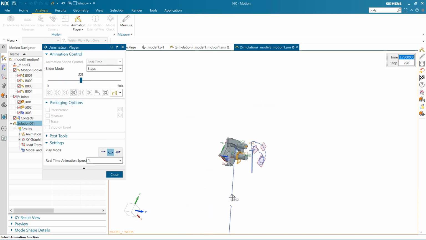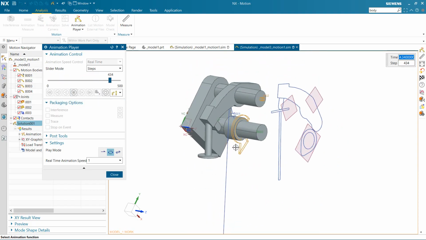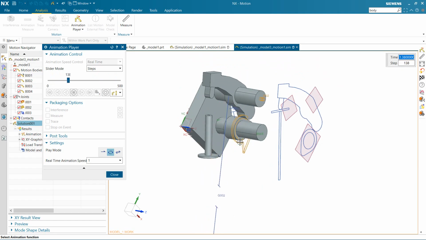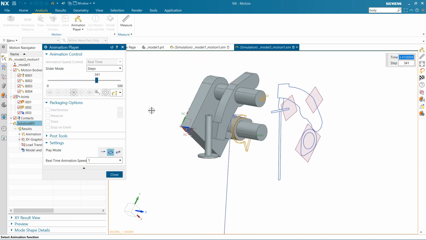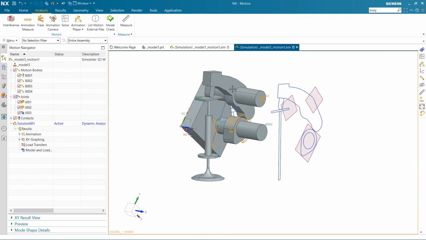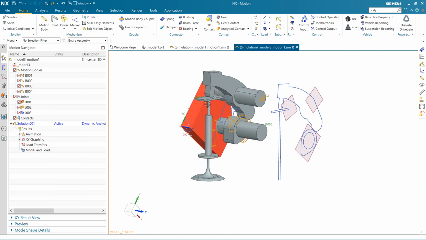As you can see, this thing just falls down because the interaction only happens between these two, not this thing and this thing. So what to do here? If you put a 3D contact between these two, it will still fall down here. It's not gonna go up like it normally should. So for now, you have to create a spring, put a spring here basically to push that up.